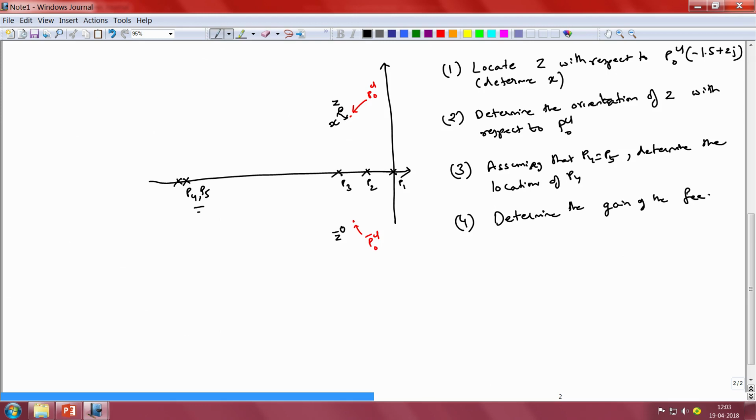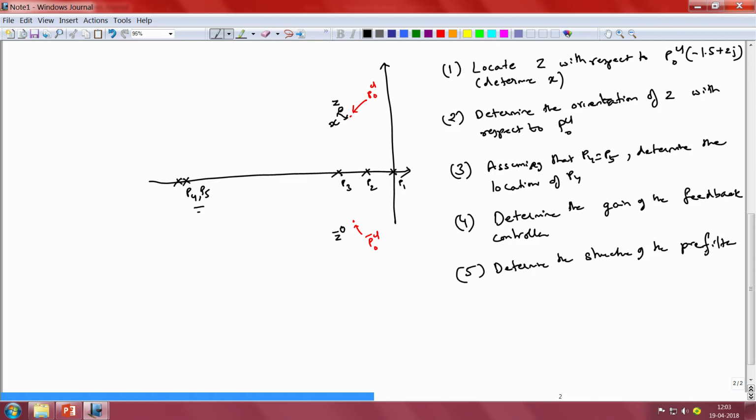Feedback controller, and this would complete the design of the feedback controller. The next step is to determine the structure of the pre-filter, and that would complete the design of the robust control system.